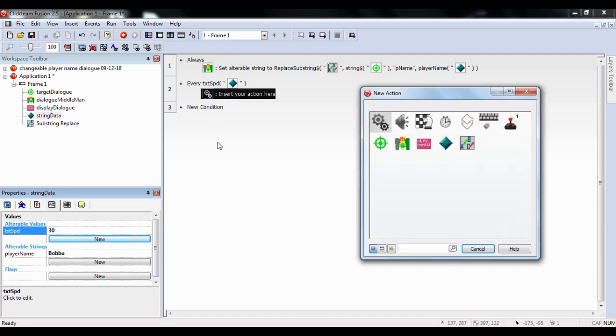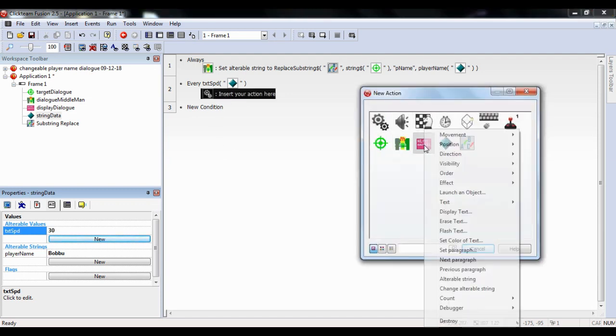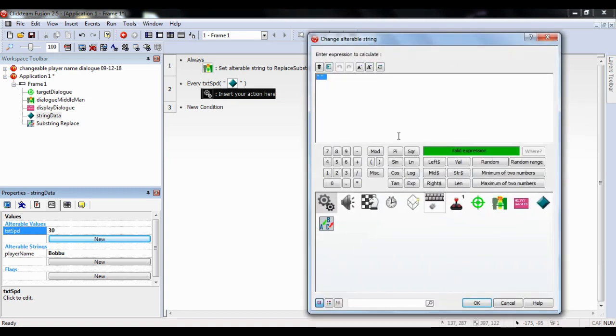So every text speed, we want to change the display alterable string. And I'm going to show you a new word you can use. Maybe it's not new, maybe you knew it, but I went a very long time before knowing this was here. Which actually, you should just look at this, because now that I see it, it is right here. Left. And what this allows you to do, I can't believe I never saw that sitting there. I've been typing this out totally manually this entire time. This is why you should just look at what's in front of your eyes. Anyway, the left